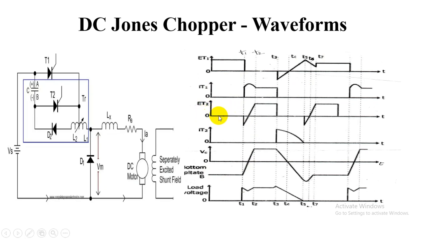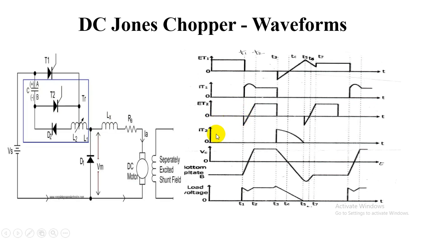That's why we do not use this one. And we can say that if the polarities are opposite, then it is in forward biased condition. It is going to be conducting in the duration. That's why the voltage across that thyristor will be 0.